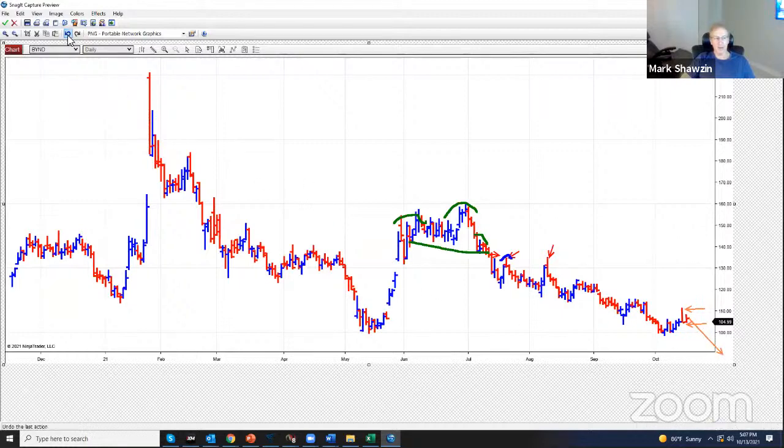So basically it all starts with what is this chart doing? What does it say? Yes, it's just been grinding off the bottom here, but if you look in perspective, all it's doing is just finding support at this lower level here. I don't think that support is going to last long.